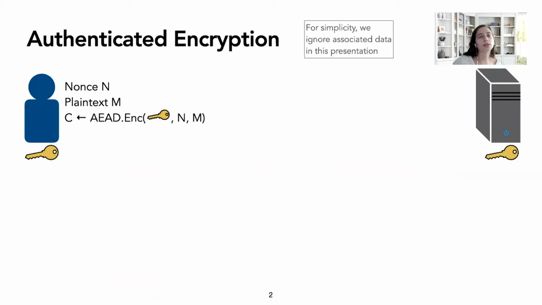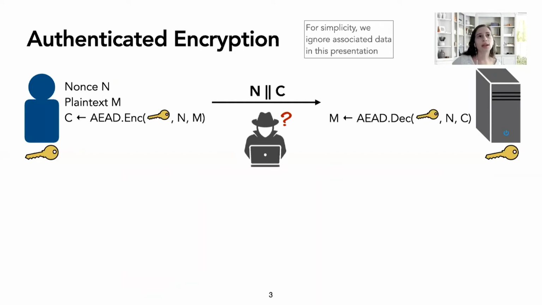The client chooses a nonce and a plaintext message, and then encrypts this using its secret key to produce its ciphertext. The client then sends its nonce and ciphertext to the server, who can decrypt it using its secret key to recover the plaintext message. And of course, we expect that an attacker who sees the ciphertext won't be able to decrypt without having access